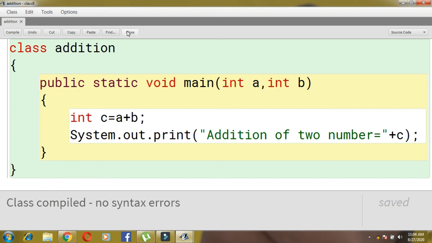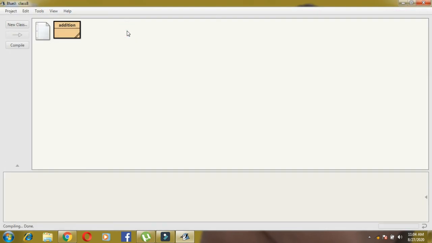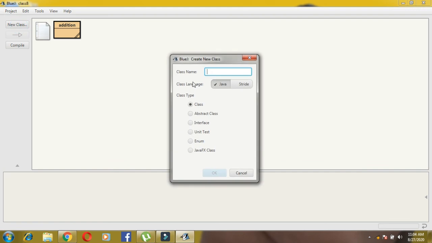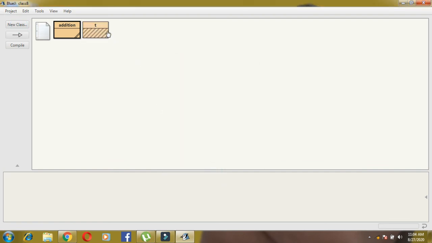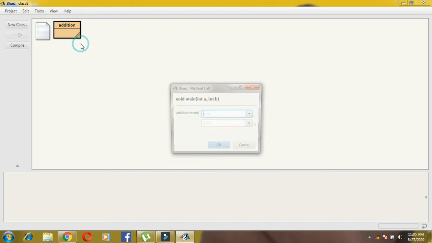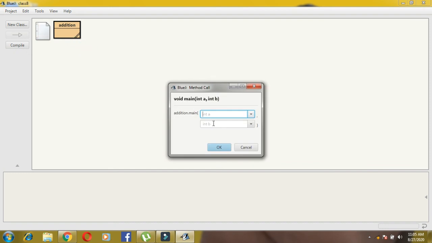So once all is correct, we'll close this BlueJ window. Close button is there, we'll click this one. Now see children, before, lining like this was there. I'll just show you. Before it was like this. So many lines were there. Now once everything is compiled, you see, so nice, without any line. When you get it without any line, simply right click there. You will get void main. You can click on the void main.